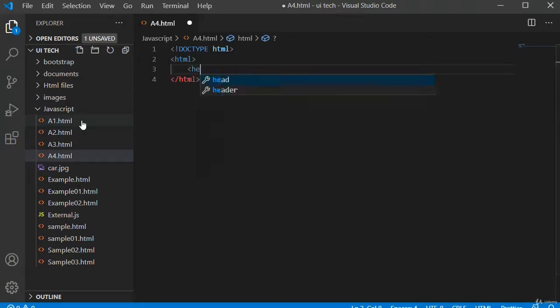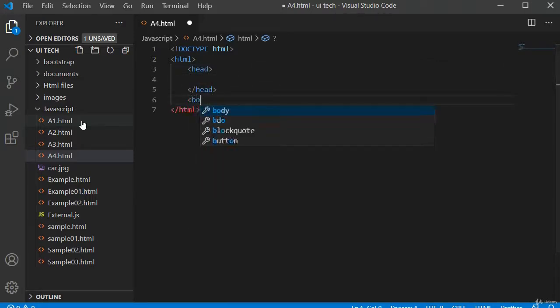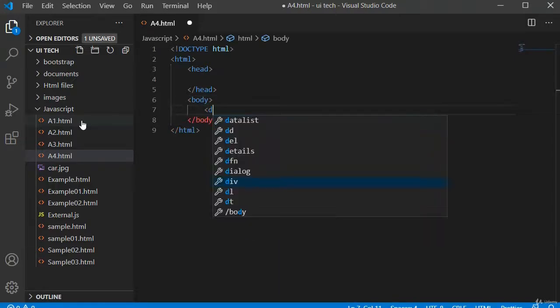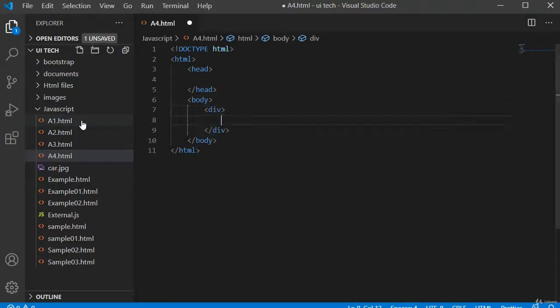Inside this, we have head section and we have body section. Inside body section, I will use a div tag. Inside this div tag, I will use a form tag. Inside this form tag, I will use input tag